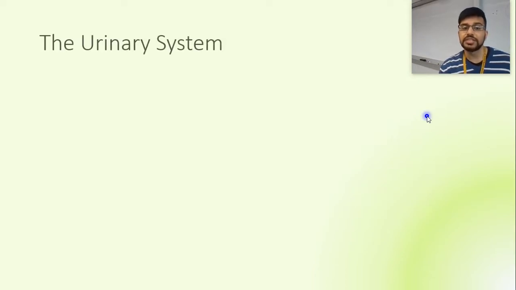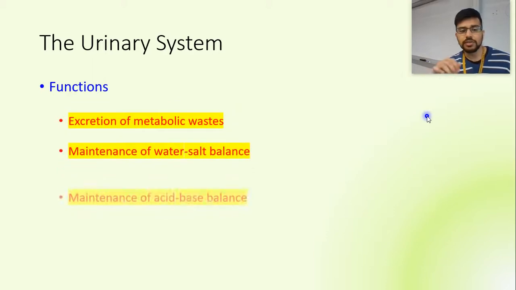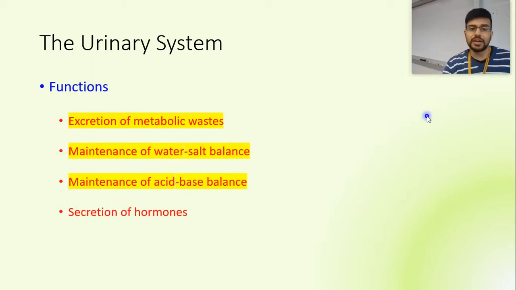We often think of the body just removing materials, but there's a lot of detail that goes into that. So, a couple of things that it's going to do: it's going to get rid of metabolic waste. So, from metabolism, what kind of waste your body produces, we'll get rid of that. But this is the body system that's going to manage your water salt balance. This is going to help with those concentration gradients. In addition, it's going to help with the acid base balance as well.